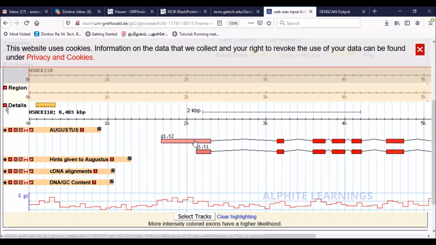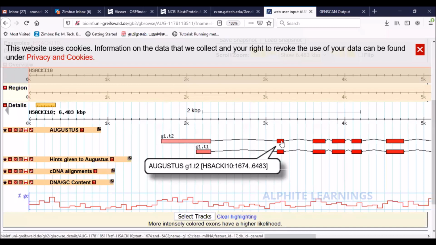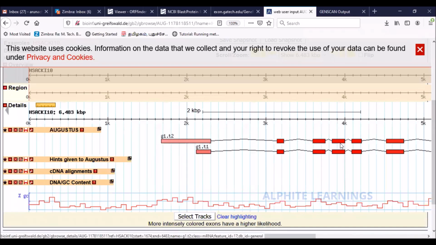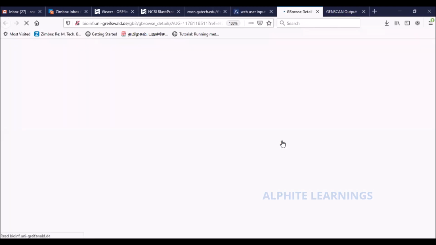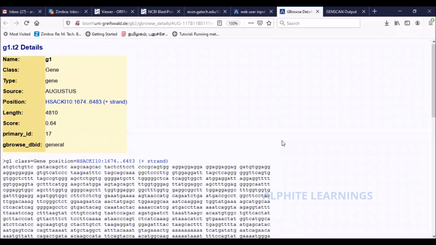So the promoter and corresponding sequences can be obtained by clicking those bars. For this one, the gene position is here, the length is this, with corresponding scores.